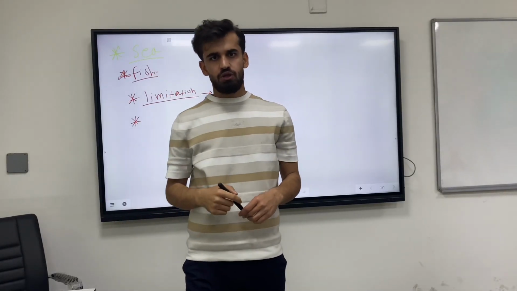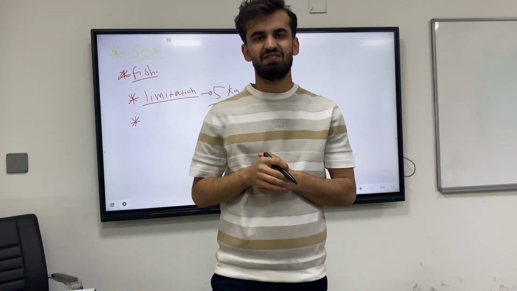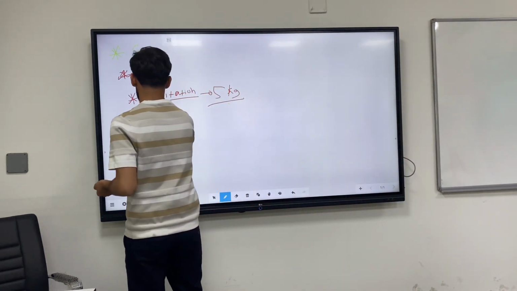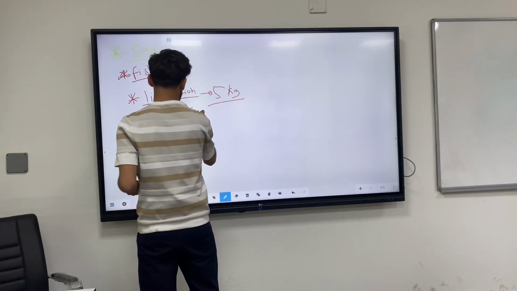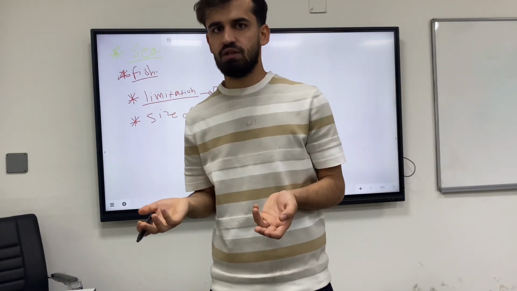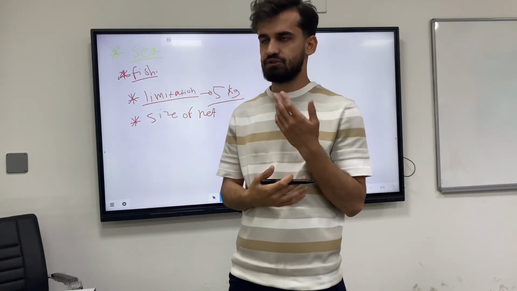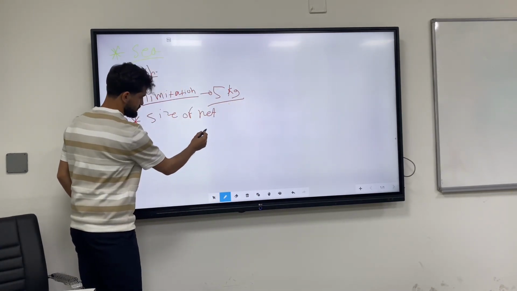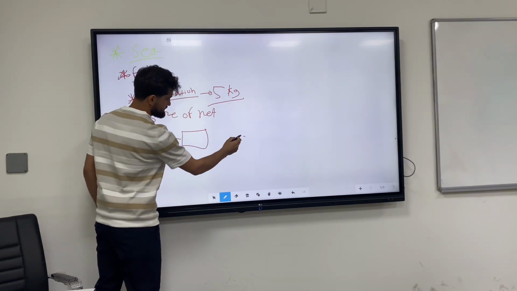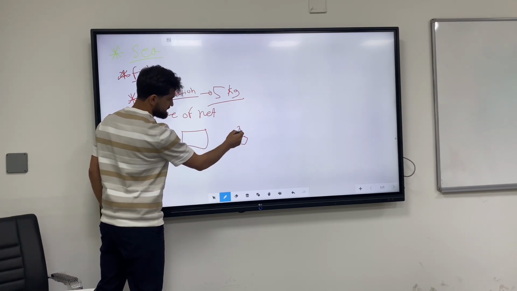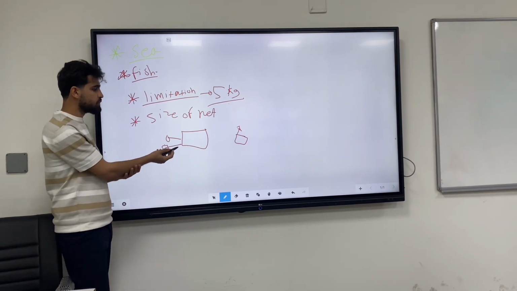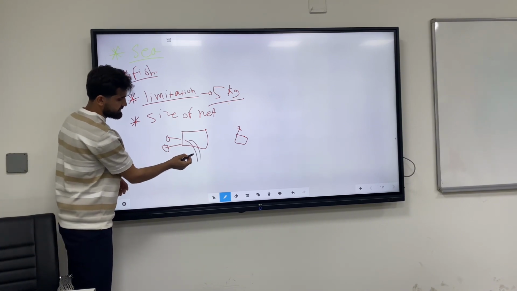Another strategy to conserve fishes is to give restrictions to the size of mesh, or we can say the size of nets. How does it influence the amount of fish that have been hunted? If the holes of one net are in this size, and you have another type of net whose holes are in this size, then with this type of net the small fish can survive. The young fishes